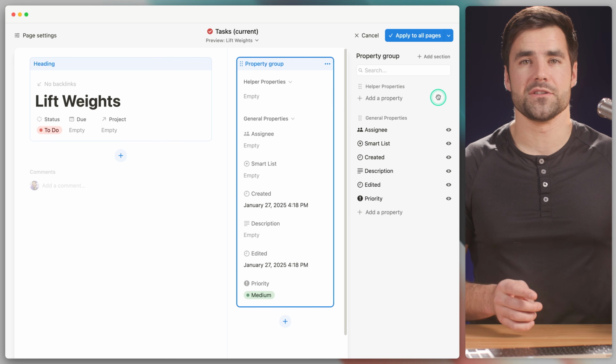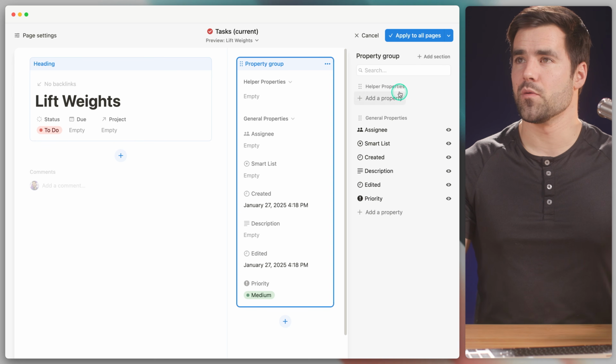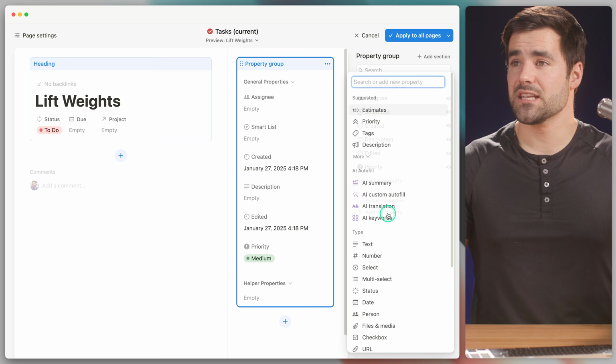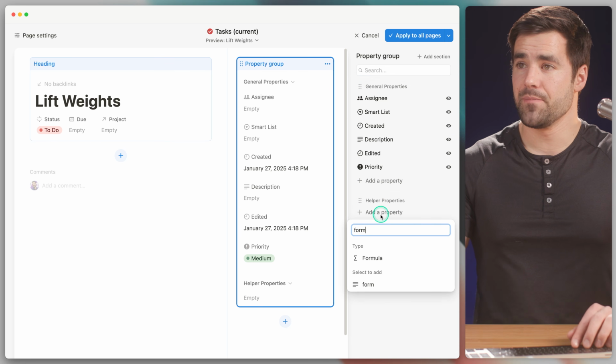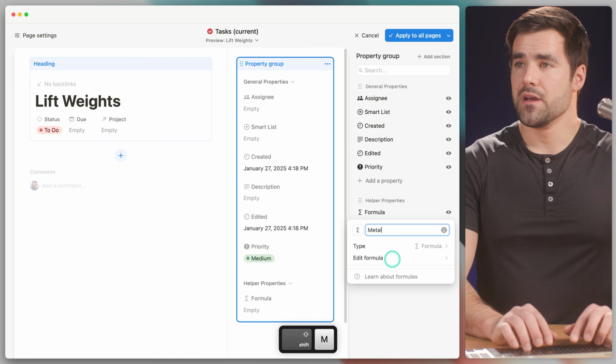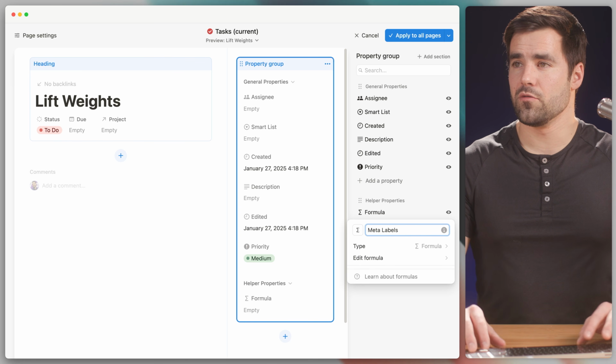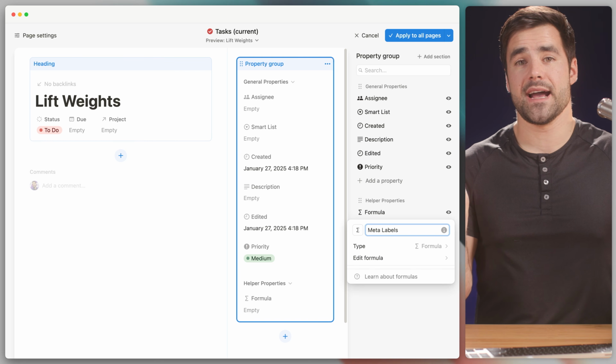Things like formulas and rollups and things like that. And we are going to create at least one of those in this video, which we'll create right now. And that's going to be a formula type property, which I'm going to call meta labels. So meta labels is a handy little property where we can show little icons or emoji on our tasks depending